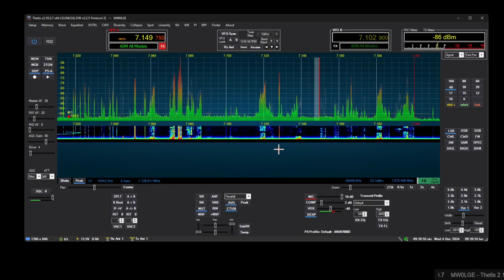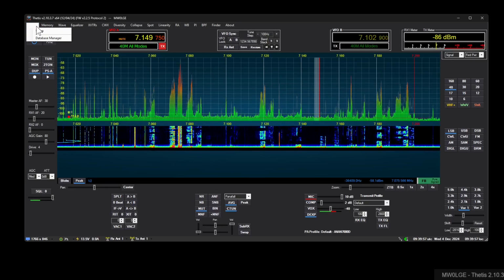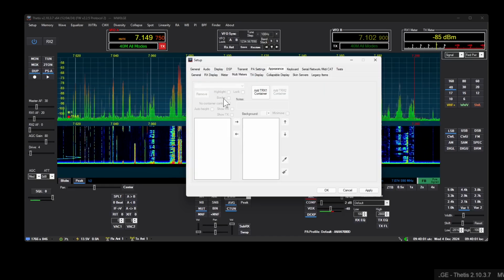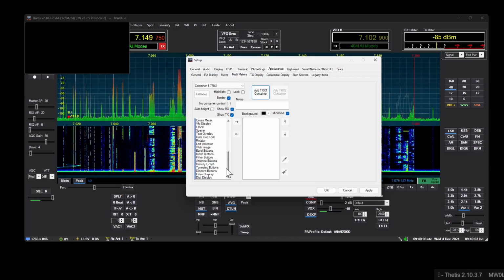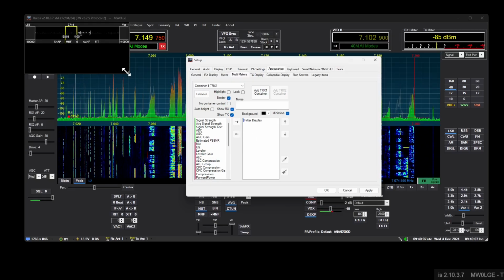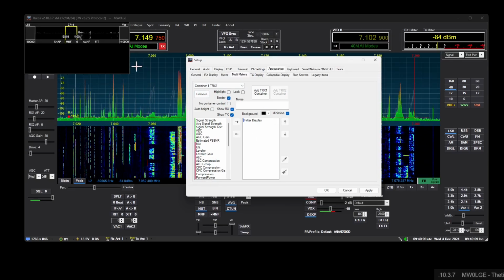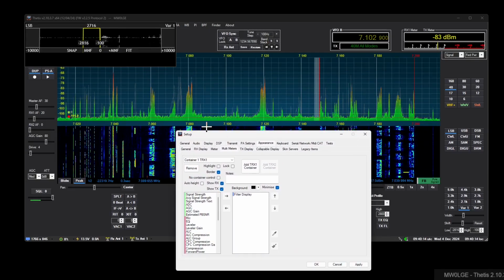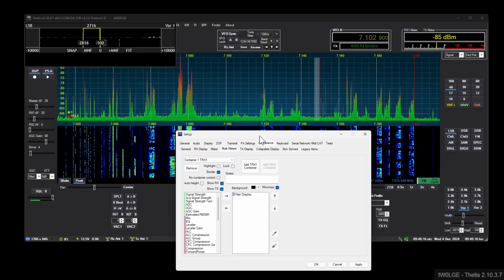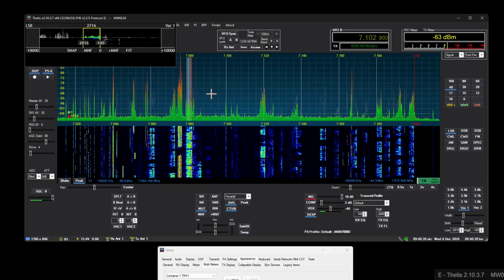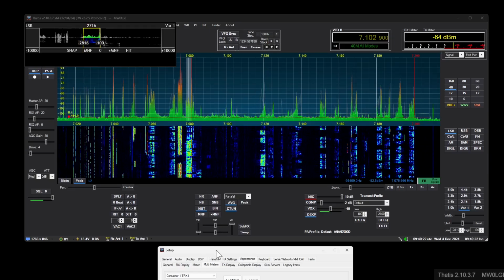Okay, so we just started up, and first of all we're going to look at this new filter view. So if we go into multimeters, add container, scroll right to the bottom, filter display, and it is what it says it is on the tin. It displays the filter. It is a passband viewer. So if we were to focus on this strong signal here, you can see that he's up in there, and if we